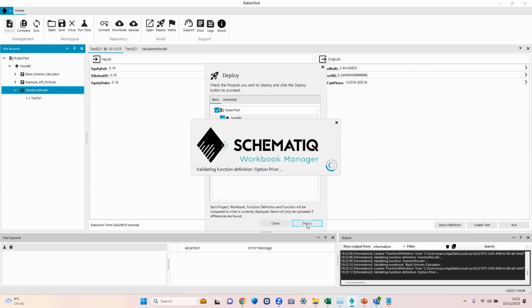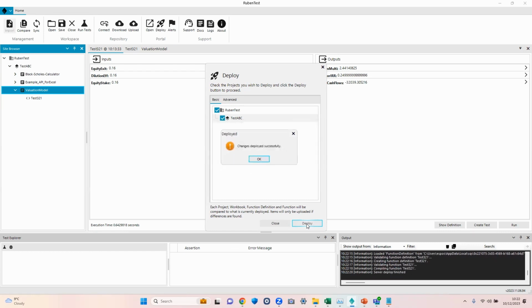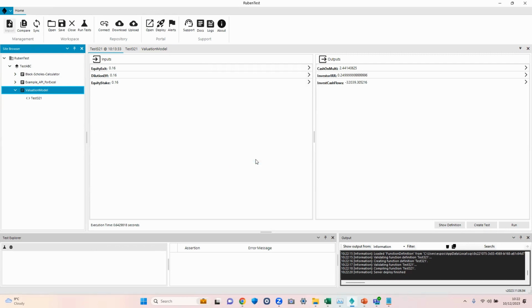So Schematiq is running through all of the relevant tests for each one of these assets, making sure that everything builds correctly. And as it's doing that, it will compile and deploy those changes onto the Schematiq servers. So I get the message that this is all deployed successfully. If I now come into the portal grouping,